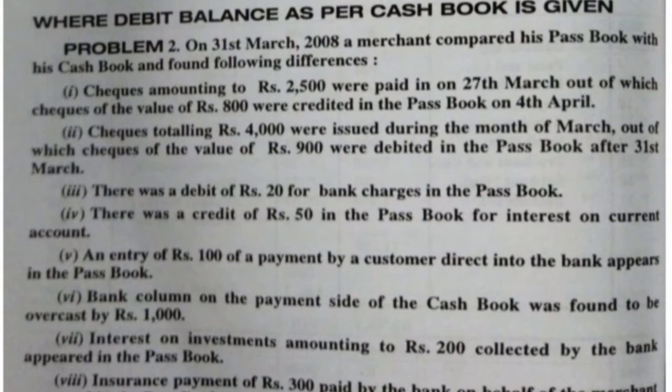See, we just need to see what is happening in the passbook. Because they have given the favorable balance as per cash book, we need to see only what is happening in the passbook. If the passbook is getting decreased, we need to deduct. If the passbook is getting increased or it has an increased balance, then we need to add. It is a simple funda you need to understand. If you understand this one problem, you can solve all the remaining problems on your own.